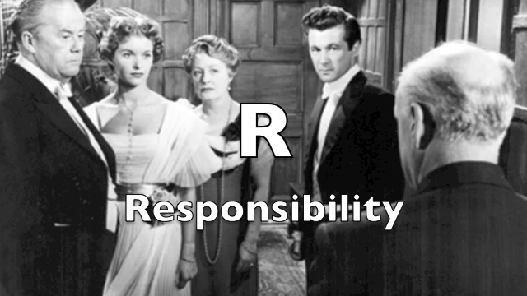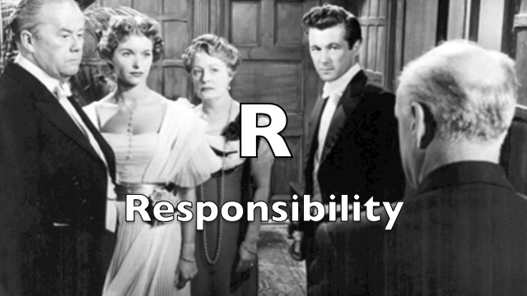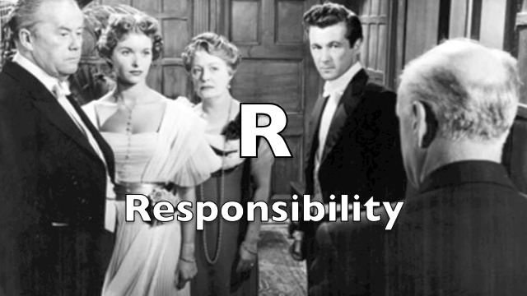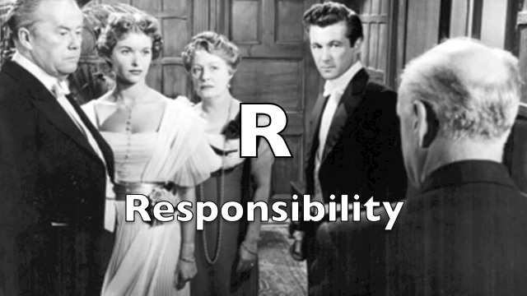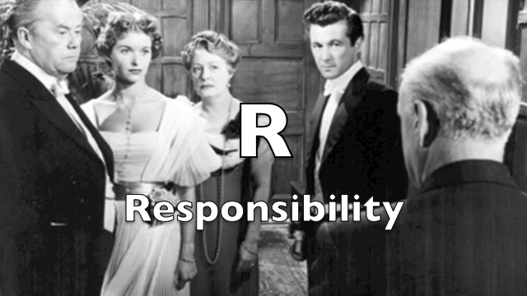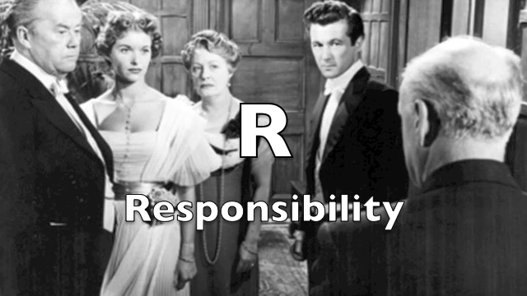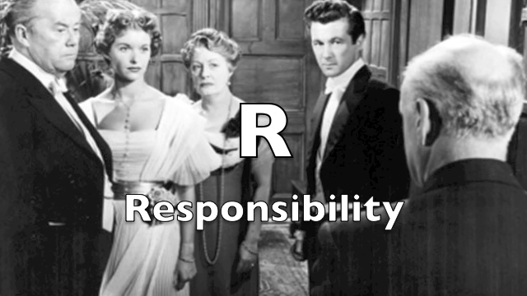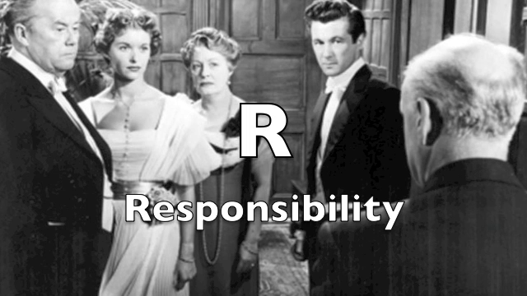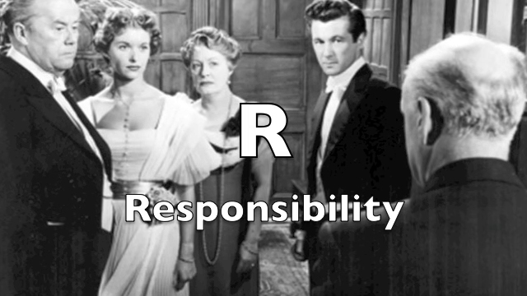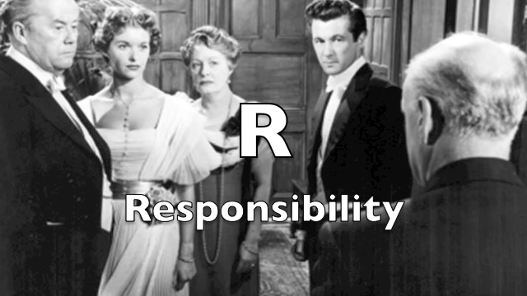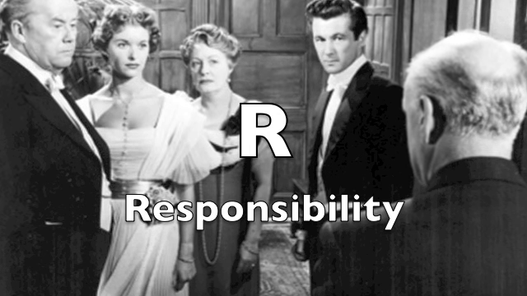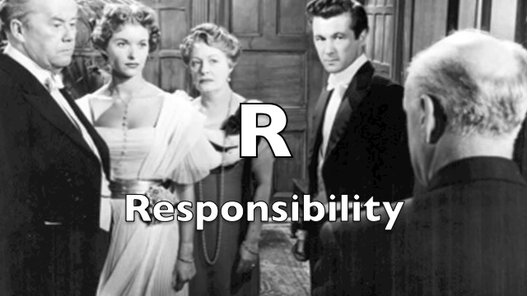R is for responsibility. I bet you saw that one coming because it's Priestley's big message in the play, isn't it? That we are all responsible for each other, and we forget that at our peril. So each main character in the play, apart from the Inspector, of course, is responsible in some way or other for Eva Smith's suicide. So you need to explore what it is they did that pushed her closer to that despairing act, and also whether they accepted responsibility for what they did, because that distinguishes the sympathetic characters,